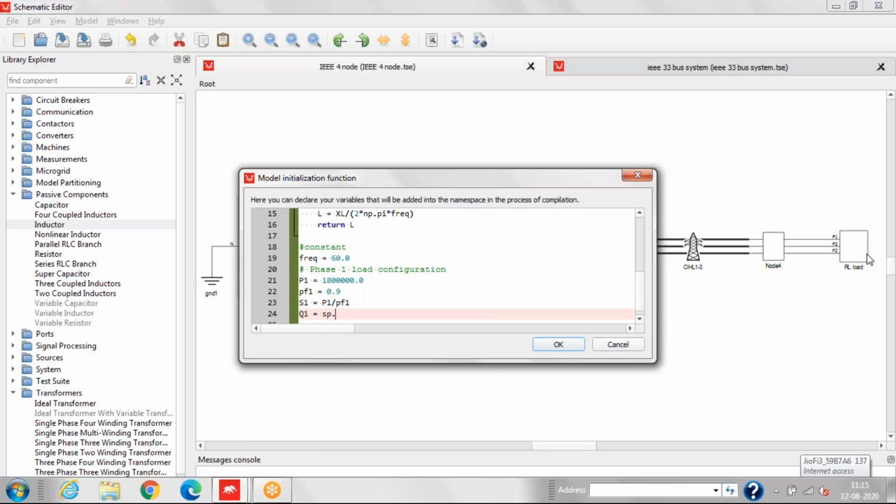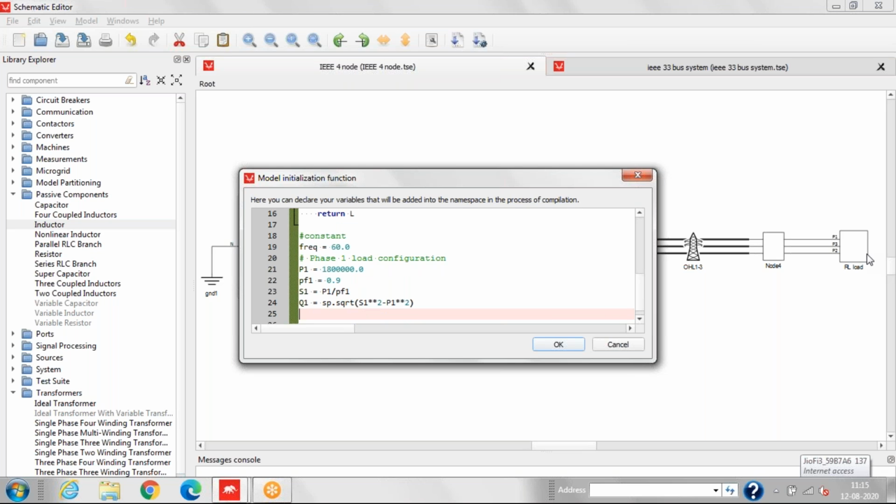For calculating the square root function we have to call the SciPy function first. So we'll type here sp.sqrt. So we have done the phase one calculation.